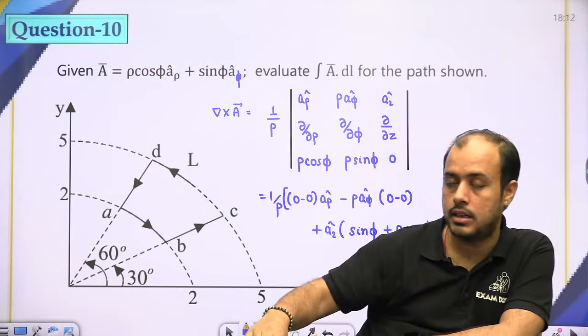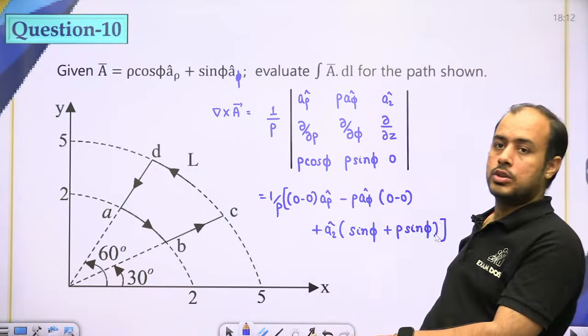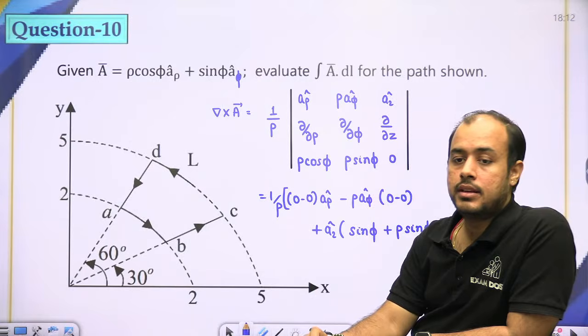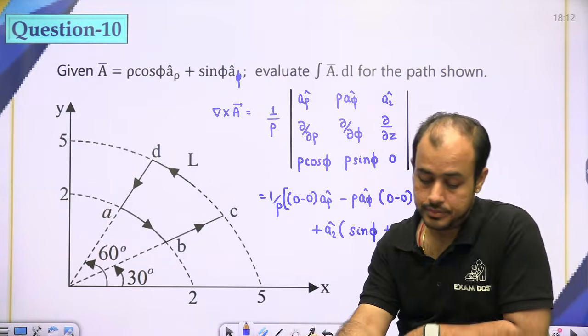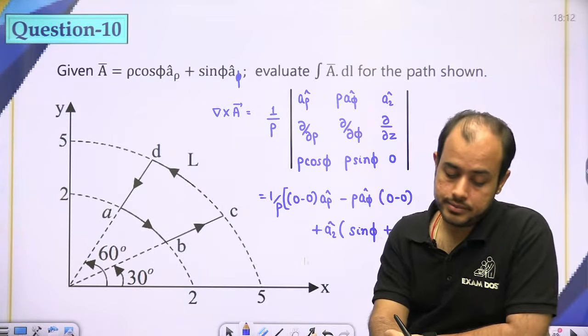ठीक है, यही आ रहा है भाई, curl sin phi plus rho sin phi, I am getting. Let me just check if the same value is coming. So you can say